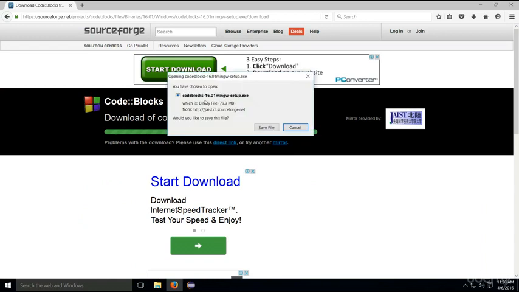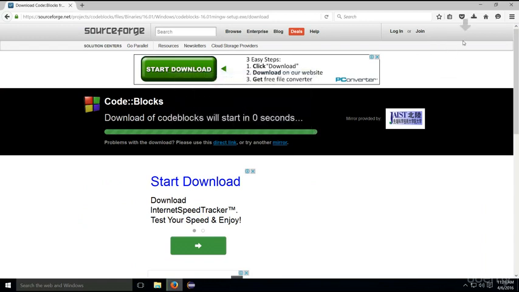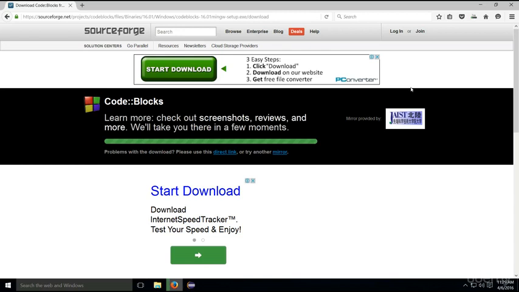Excellent. So you have chosen to open Code::Blocks exe, okay, save file. By the way, let me just tell you that when downloading exe files from the net and running them on your PC, make sure, I mean absolutely make sure that you trust the source of your download and that you trust the developers of that program, especially when downloading closed source applications. Code::Blocks is not a closed source application, it's an open source application. You can actually download the source code itself and have a look around if you want. No big deal there. But I'm just saying that